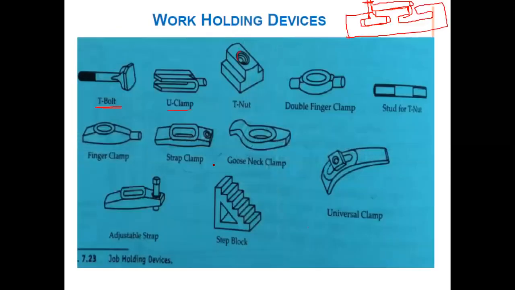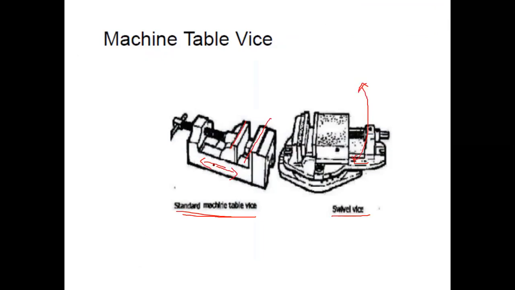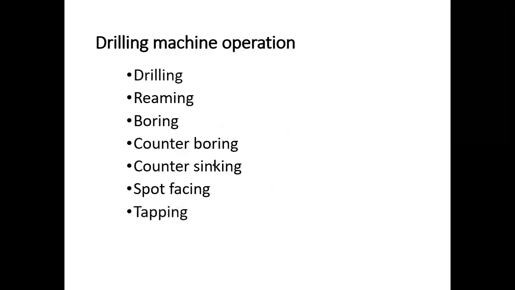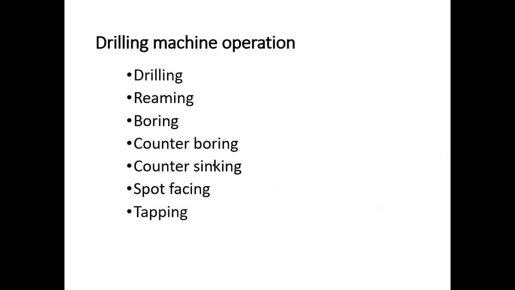Using the work holding devices we saw previously, we can clamp the workpiece directly on the table. The vise is the most popular one, especially in engineering workshops, because there you are not using very large or very small objects, but medium-size objects, so the vise is very popularly used as a work holding device. These are a few of the work holding devices. Now we can move on to the different processes.